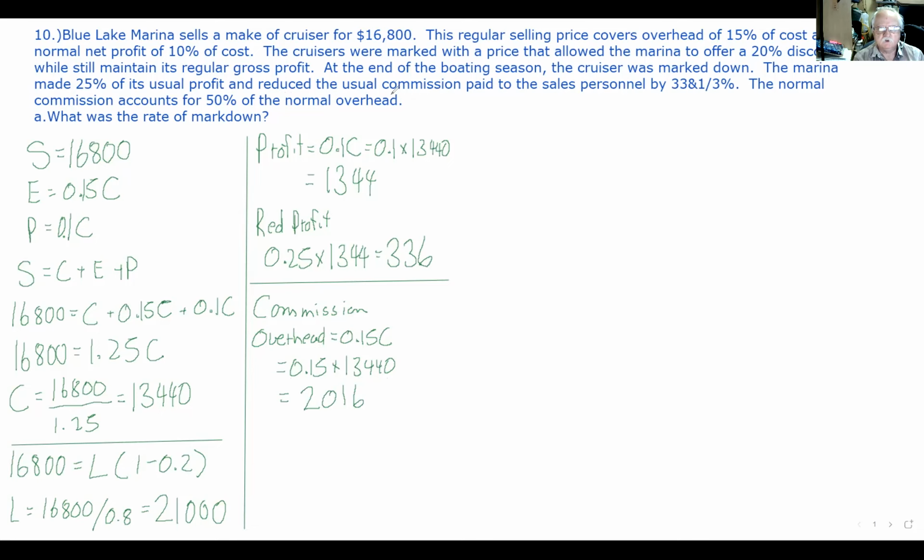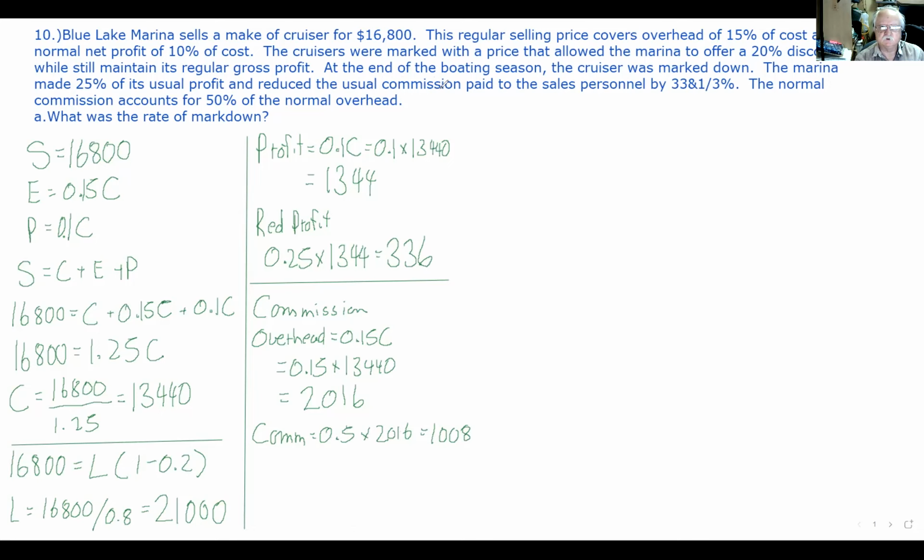The commission is 50% of that. So COMM equals 0.5 times 2016 equals 1008. So that's their normal commission, but